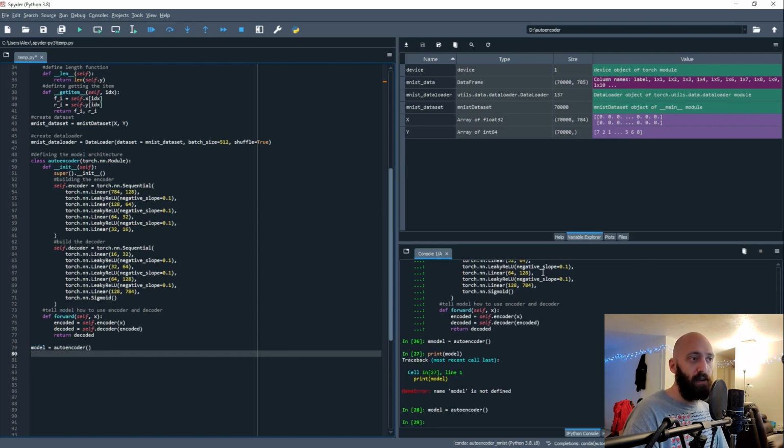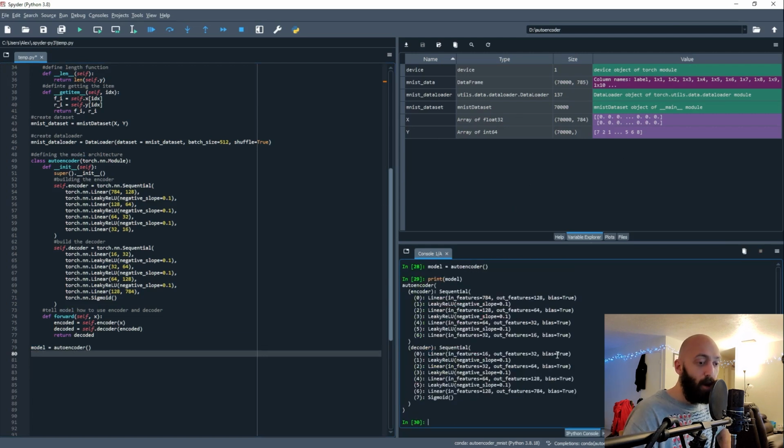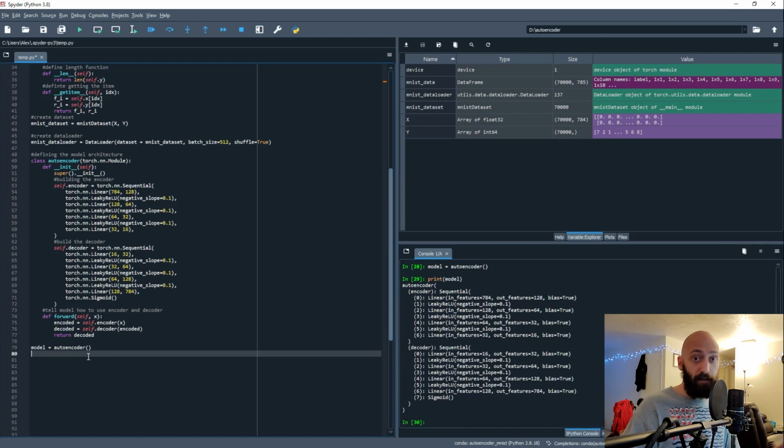I wonder why it's not showing everything here. That's fine. Print model. And there we go. We can see everything that we have specified here is now part of our model. Something we need to keep in mind, since we do have CUDA, is that by default everything is not sent to the GPU. We have to tell PyTorch that we want to send our model and our data later on to our GPU to use our GPU's CUDA cores to do all the calculations and do everything there,